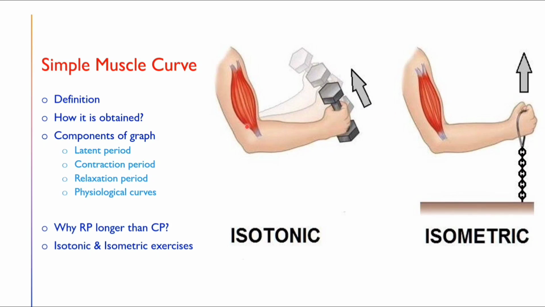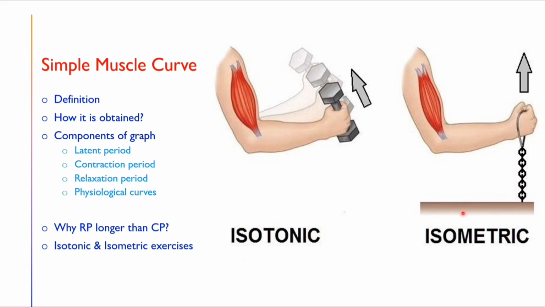Isotonic contractions are the day-to-day examples of body movement. Whenever movement of the body occurs, they are isotonic contractions. Here actual muscle shortening is happening, and the tension inside the muscle does not change. But in isometric contractions, the length of the muscle does not change. Like in this example, the person is pulling a chain which is attached to a wall. The wall will not move, so the hand will also not move. But the muscle is contracting. So this is an example of isometric contraction.